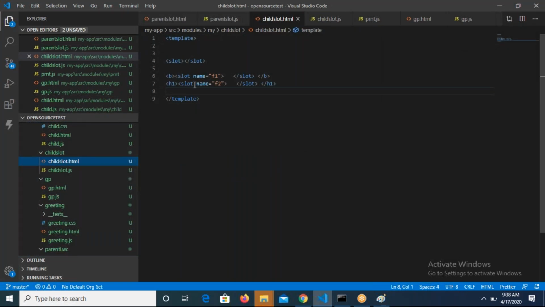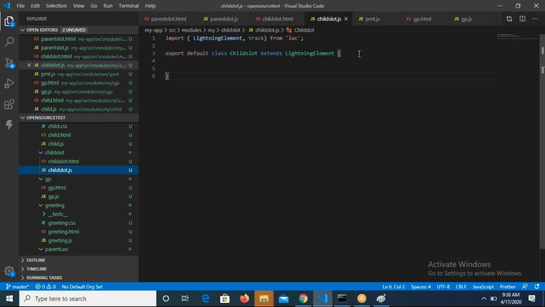Even though here it doesn't look like they are available, from our code we made it work. We replaced these slots with those things. So now if I want to access the span element or p element, whatever I have in the child,